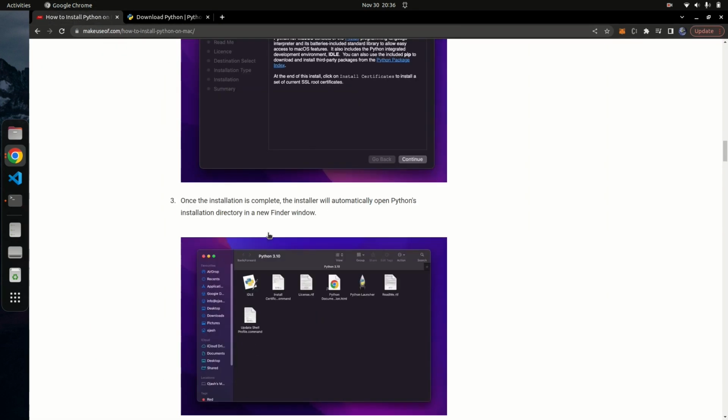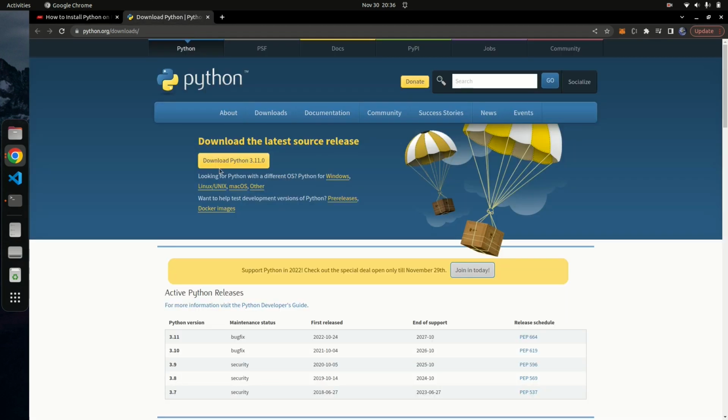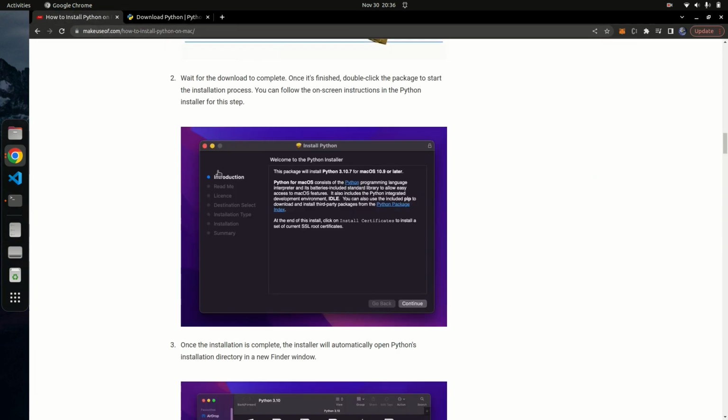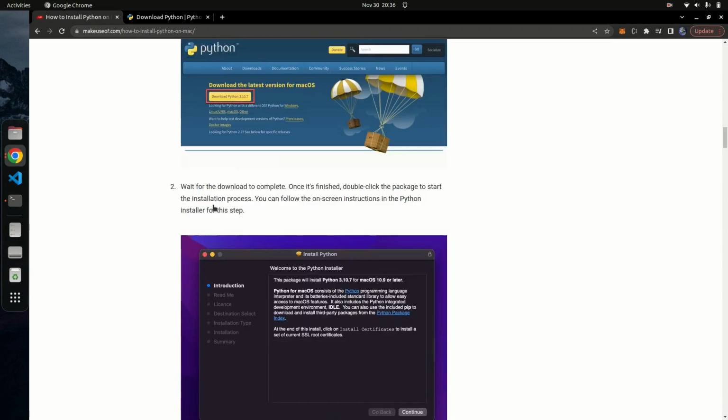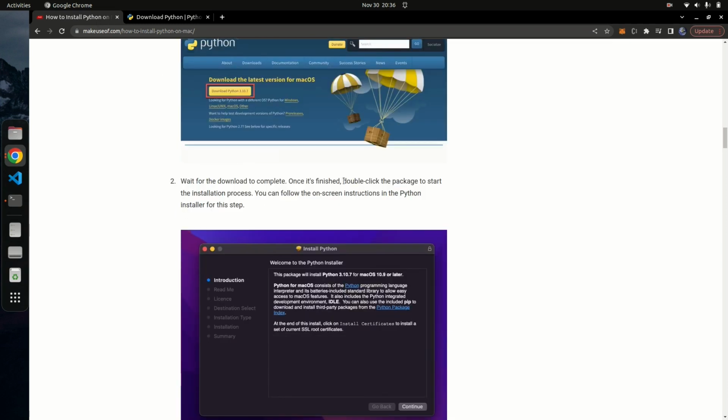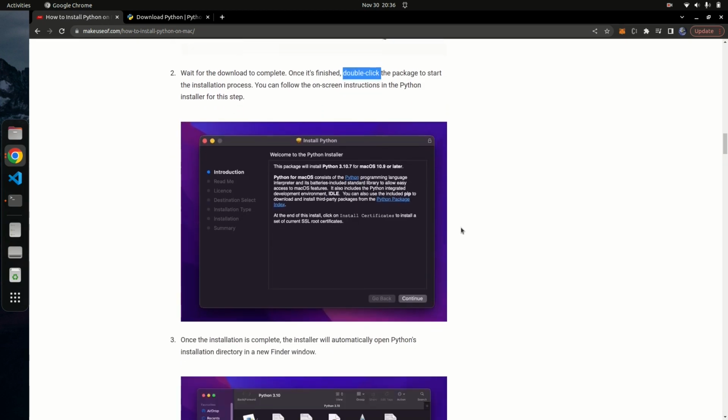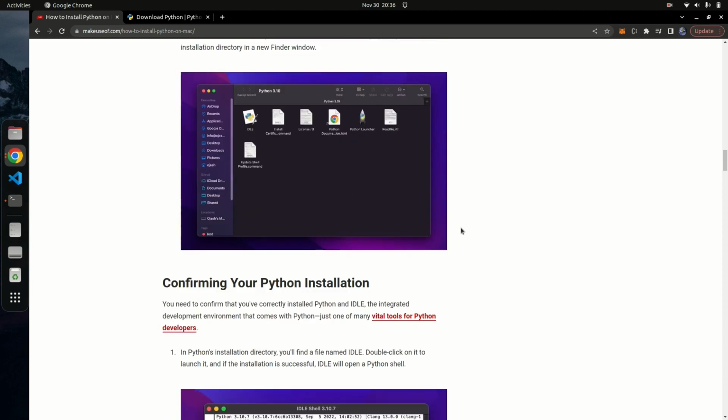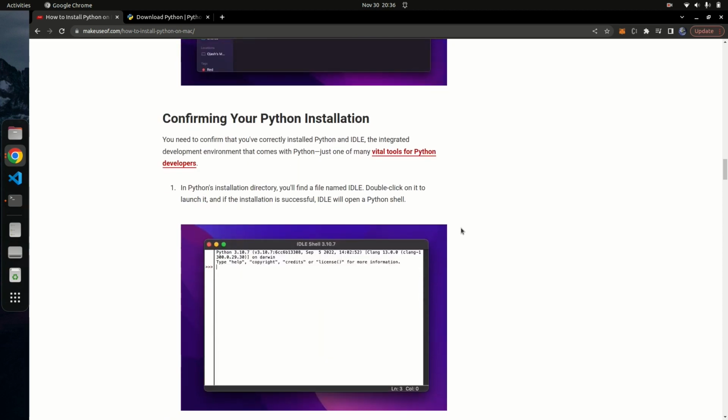Just download the executable, and once you have it downloaded, you can just go ahead and, I think, double click on MacBook. Windows is double click, right? So even on MacBook, you just double click the installer file, and that's going to go ahead and install Python for you. Just follow the instructions, and that's all you need to do to have Python 3 installed.